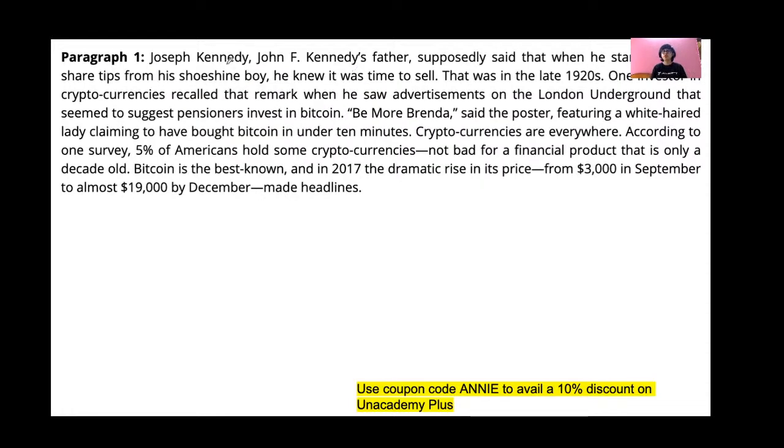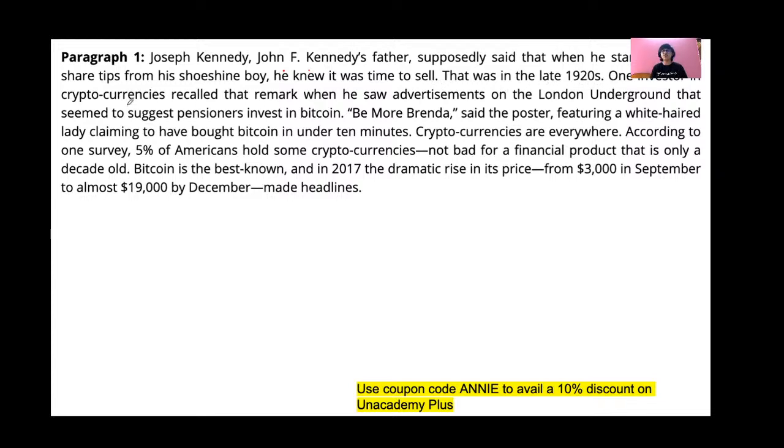Joseph Kennedy, John F. Kennedy's father, supposedly said that when he started getting share tips from his shoe shine boy, he knew it was time to sell. Shoe shine boy means someone who polishes your shoes. Okay, he knew it was time to sell. This was in the late